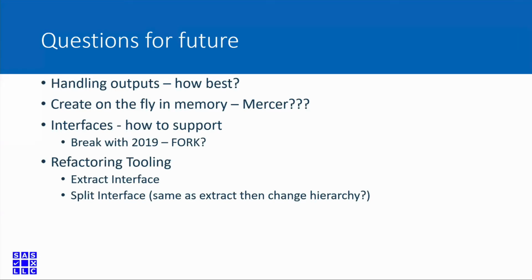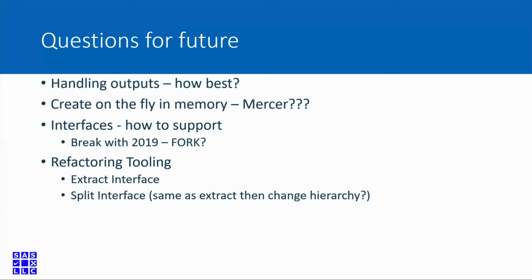paths. So the other thing is, and Mercer's the one who's going to have to answer this, is it possible to do this on the fly in memory? Because a lot of mock object frameworks let you do that. So you declare in the test, hey, I need a mock object for this thing, and this is what I want it to return for these calls, and it does all that in memory, and you don't have to create a separate class on disk. And I don't know if that's possible at all. That requires more knowledge of the inner workings of LabVIEW than I have.